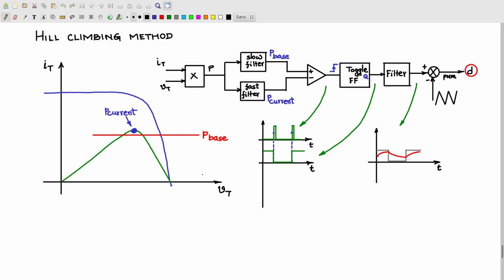We shall now look at the SPICE simulation of the hill climbing method of maximum power point tracking. We will use this algorithm. We will use all these blocks. We will measure the current, measure the voltage, calculate the power, pass it through a slow filter and a fast filter, comparator, toggle flip-flop, filter, and then PWM, and then giving it to the duty cycle input of a DC-DC